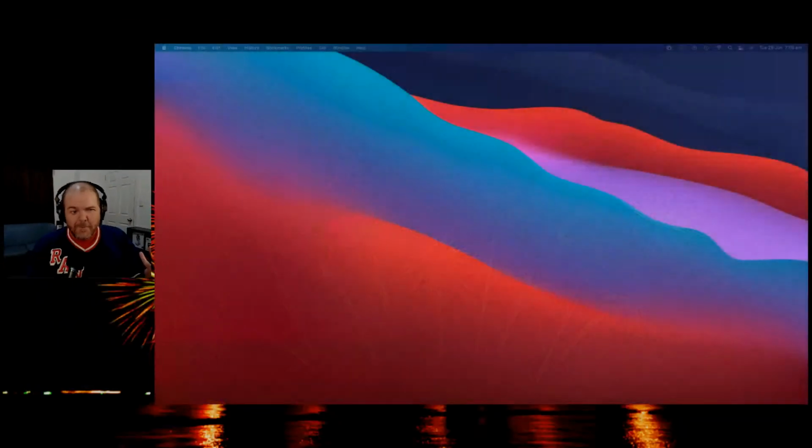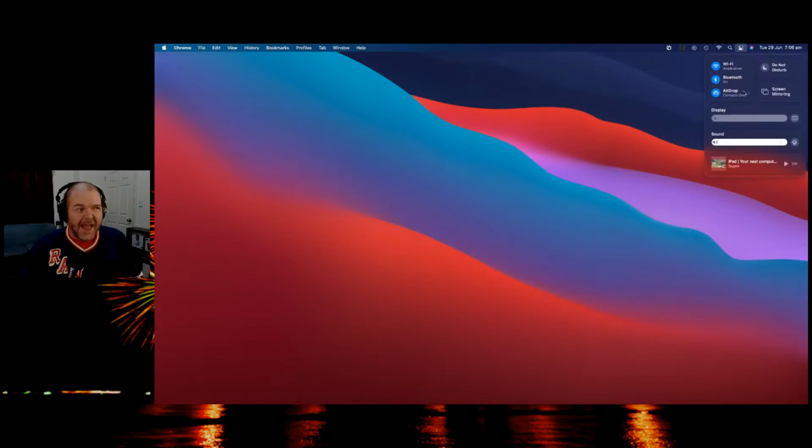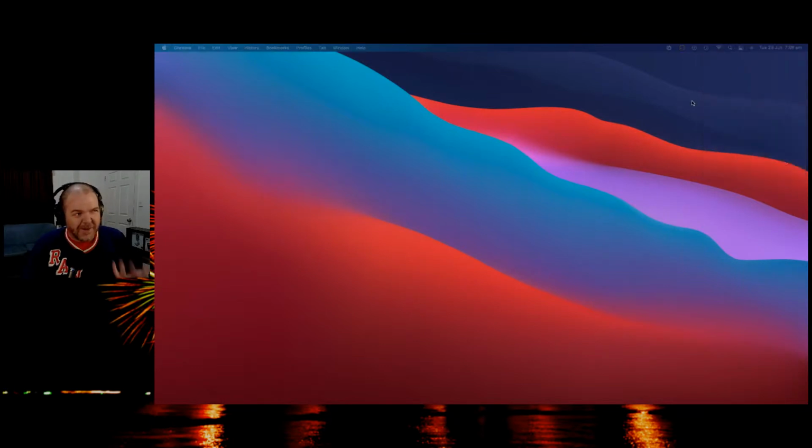I know we've talked about this a lot, and I know I'm beating a bit of a dead horse here, but all you have to do is look at macOS here in Big Sur and do something like click up here on your Control Center. How much like your iOS does that look? It's exactly iOS now, yeah? You've got displays and sounds and your AirDrop and everything. All of the new features, all of the new changes that are coming here to macOS are making it more like iOS. So it's actually bringing everything together. So maybe I've just talked myself around in a circle to the point where it's actually pretty smart, because in the future, maybe there'll be very little difference.